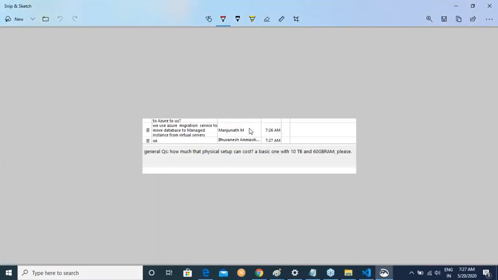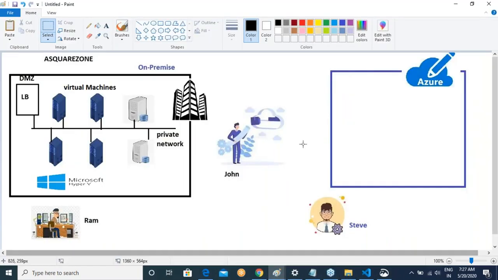Yes, Manjunath, you're absolutely right. So we use Azure Migrate to move the databases to the managed instances. Right, guys? Do we have the context now? So now, if we go back to the actual image, John should know about the cloud adoption framework. He should know about the 6 R's of migration. And Steve will be worrying about Azure Migrate a lot, because he has to know how to migrate a Microsoft